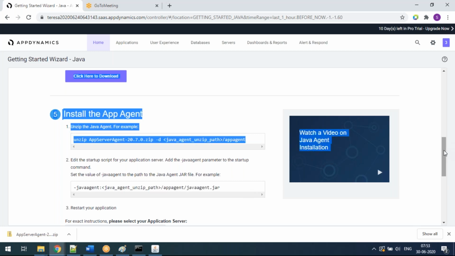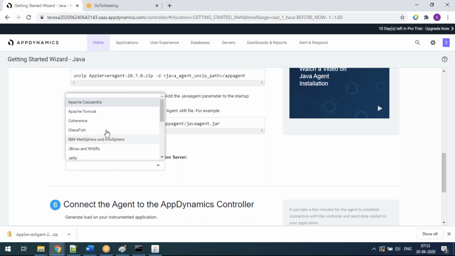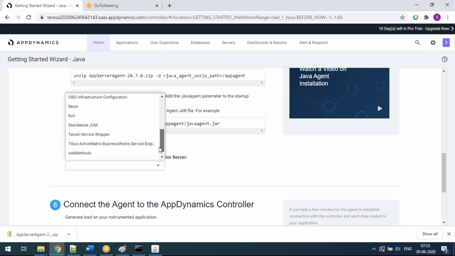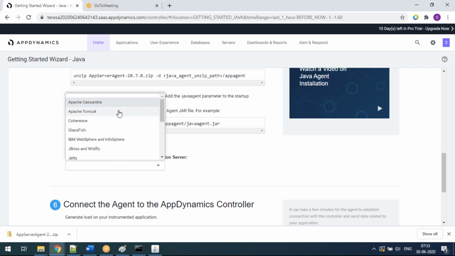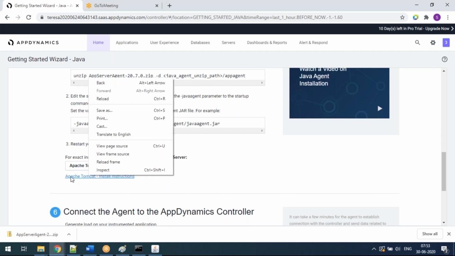If you have any question or clarification, they give exact instructions depending on which server you have. These are the different application servers. In my case, I'm selecting Apache Tomcat. If you click install instruction, they provide the installation guide only for Apache Tomcat.